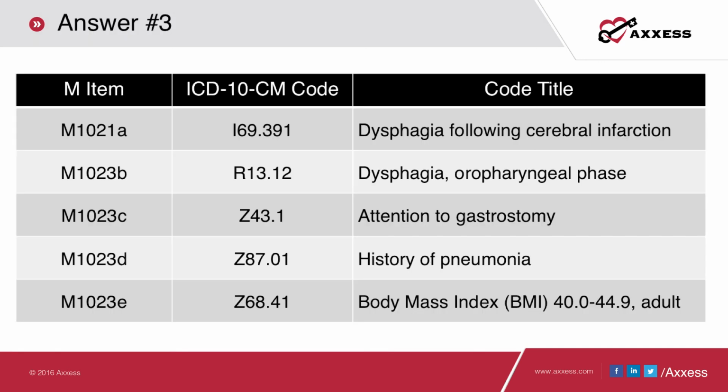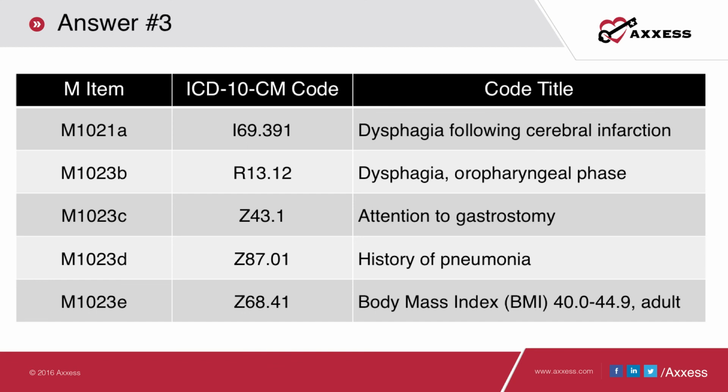In this case, we're first coding the dysphagia. That's I69.391, and this code's really specific in that it's a combination code that tells both the symptom and the underlying problem. So we have the dysphagia following cerebral infarction. So we don't have to code the sequelae of the stroke as an additional code because it's already mentioned in this code here. R13.12 is the next code because at